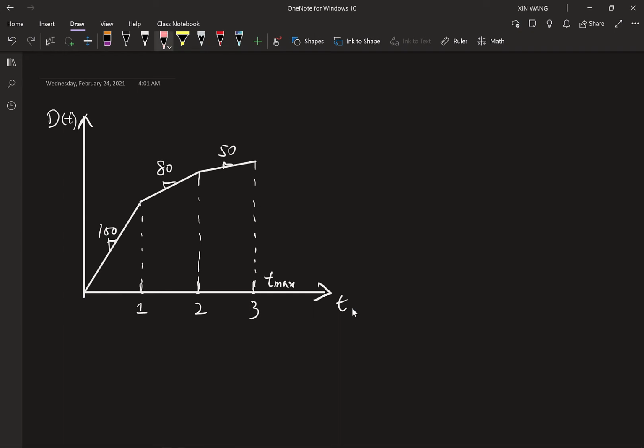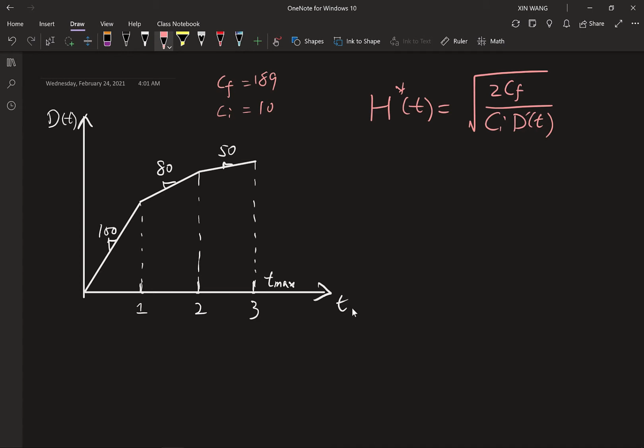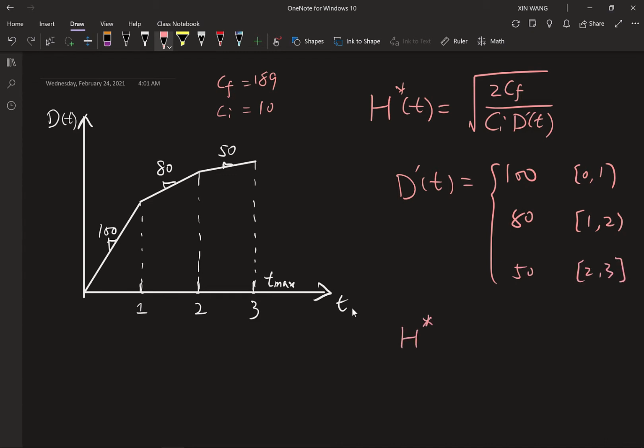So let's consider the example we used to solve the shooting method. Remember, our fixed cost is 189 and our inventory holding cost is 10. From what we get, our optimum headway should be given by the square root of 2 C_F C_I divided by C_I and the demand rate. Our demand rate is 100 from 0 to 1, 80 from 1 to 2, 50 from 2 to 3. So our optimum headway should be